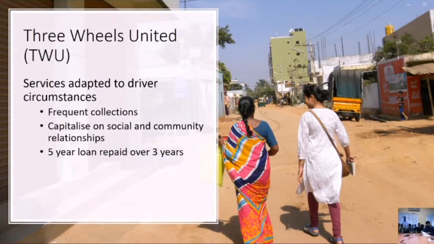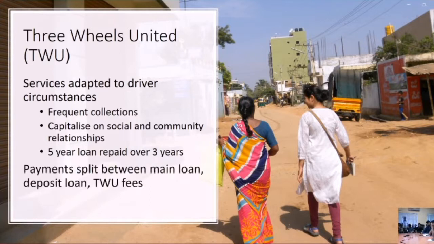And then this is very important. It's a 5-year loan repaid over 3 years, because in 3 years, a driver is going to have some sort of crisis, probably multiple crises. And by crisis, I mean a financial crisis, because that could be something nice like a baby or a marriage, or it could be sickness or a mechanical breakdown. If you don't have any savings, you're going to miss loan payments. The bank does not let you miss loan payments, but by paying the 5-year loan over 3 years, you've created a buffer so that if you miss some payments, you're okay.